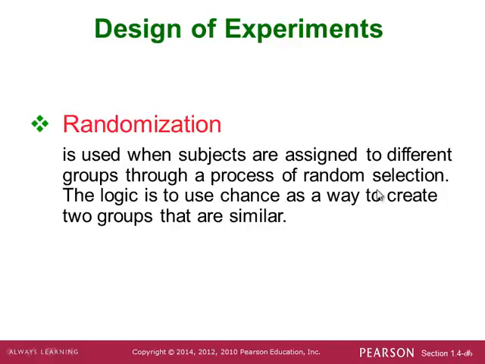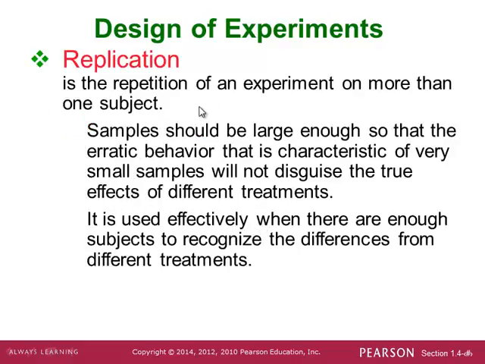Your goal is to make sure that you create your 2 or more groups so that they are similar to the greatest extent possible. Now, when we say replication, the big thing that you need to think here is to make sure that your samples are large enough. Because if you have small samples, then you'll have erratic behavior that is characteristic of small samples and that will disguise the true effects of different treatments. So you need large samples, the larger the better,